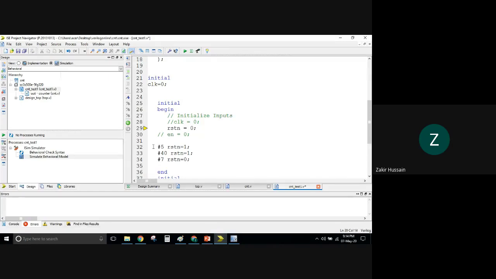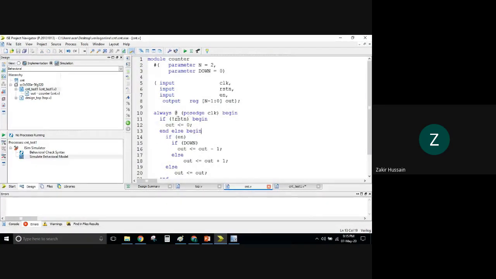What is happening when 5 is reached? Negation of 1 is happening in the code. Negation of 1 means it is 0. 0 means false. False means it will not enter this portion at all. Is that clear to everyone?